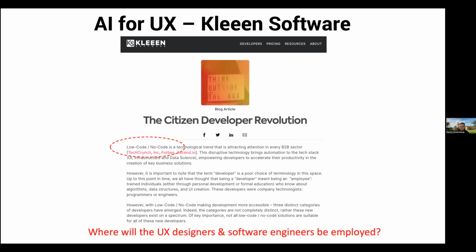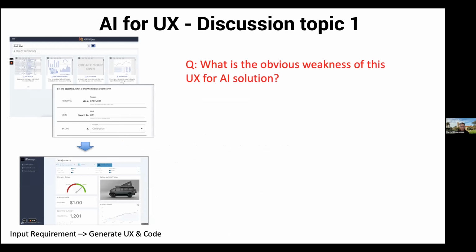And there's no developer or UX designer that could do that whole thing in half a day. So we'll get back to the question of where people will be employed and what your future careers might look like as this automation creeps further and further up the food chain.